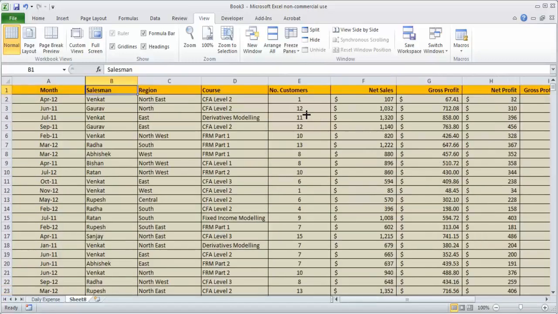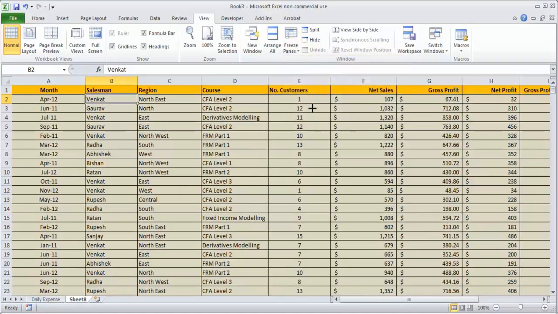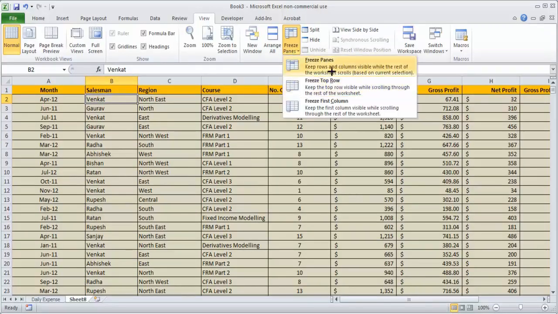In such cases, you can put your mouse in the cell just below the first row and just right of the first column. First you say Unfreeze Panes, so it will unfreeze everything. Then you go below the first row and after the first column and you say Freeze Panes.